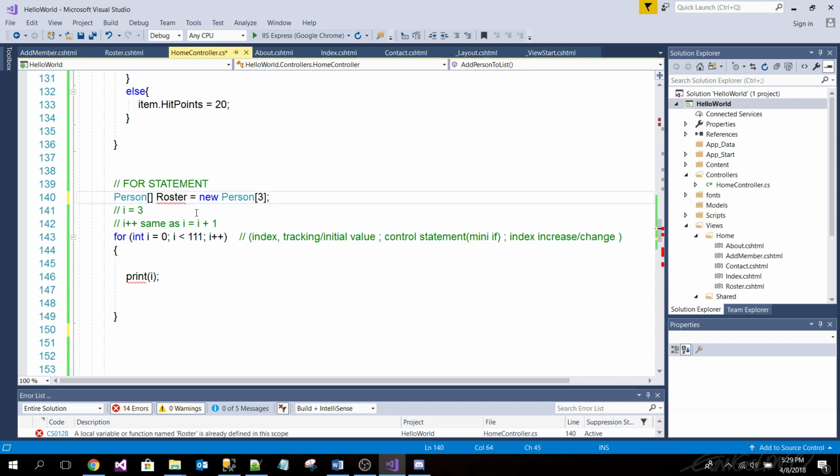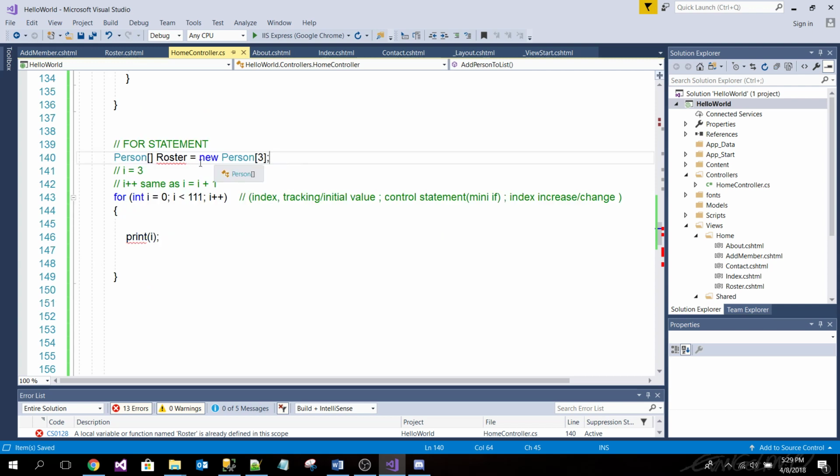Does that make sense to you, sort of? Are you saying we're putting a new person in entry number 3? Now remember, I'm creating an array. So it's going to be an array of three people for now. Oh, okay. We're creating a whole new array. Yeah, we're creating a whole new array.